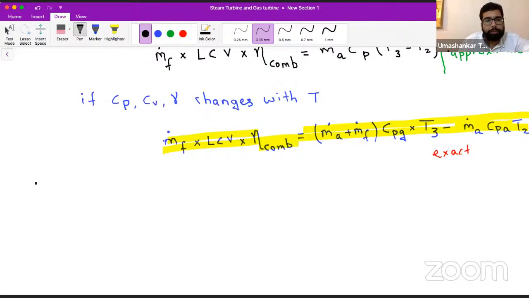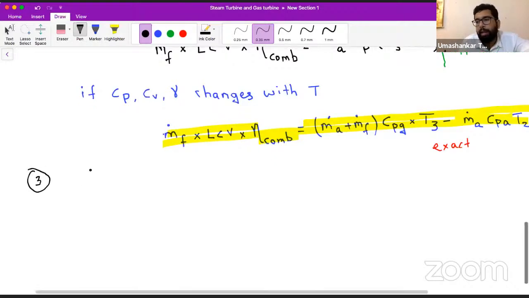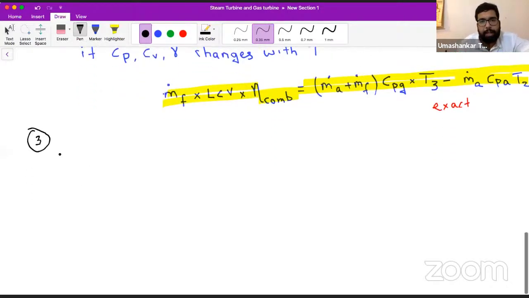Now see, there was one more thing we considered while studying the ideal cycle, and we have considered that expansion and compression